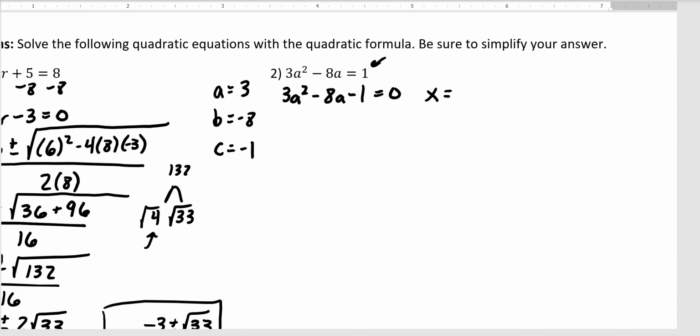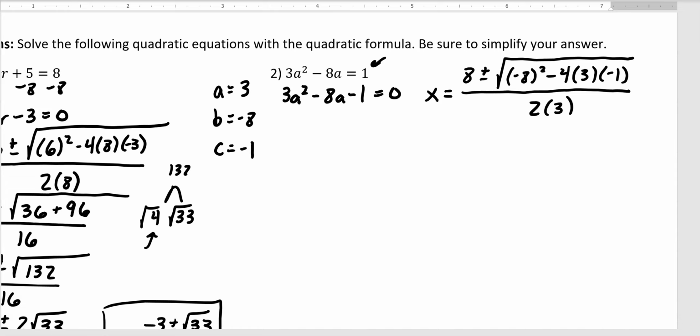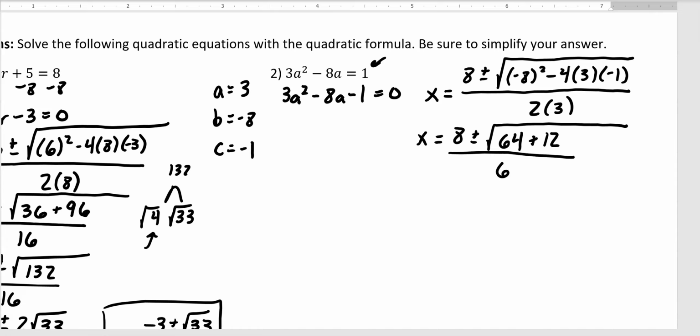So let's do it. We'll say x equals positive 8, the opposite of the negative, plus or minus the square root of b squared, negative 8 squared, minus 4 times a, which is 3, times c, negative 1, all over 2a, 2 times 3. So x equals 8 plus or minus the square root. Negative 8 squared would be 64. Negative 4 times 3 is negative 12. Negative 12 times negative 1 would become positive 12, wouldn't it? We multiply negative times a negative. So that means x equals 8 plus or minus the square root of 64 plus 12, which is 76,